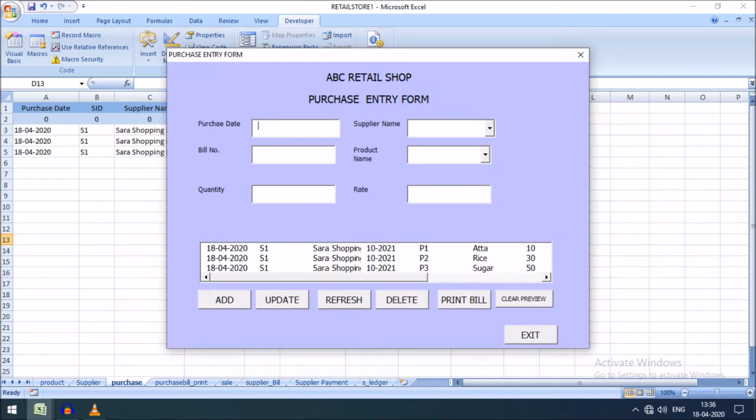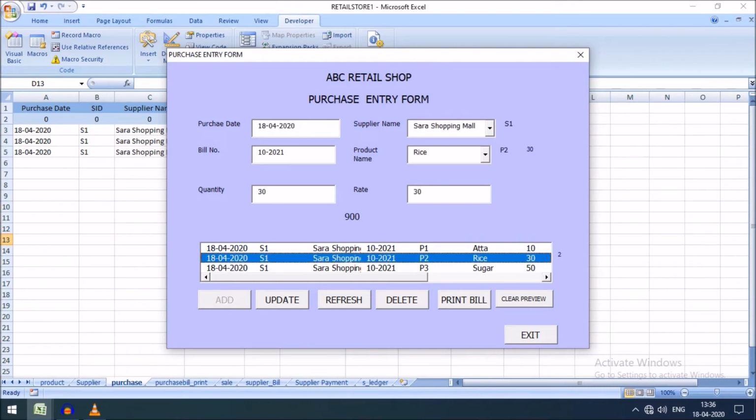See, our product has been added to our list box, because if I click on the refresh button, the form is initialized for the first time, and I have already shown you how this list box has taken data from sheet 3 at the time of initialize. You can go there and see the codes again.